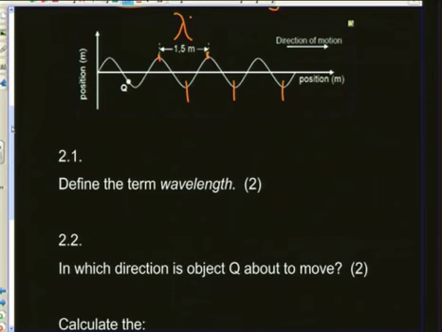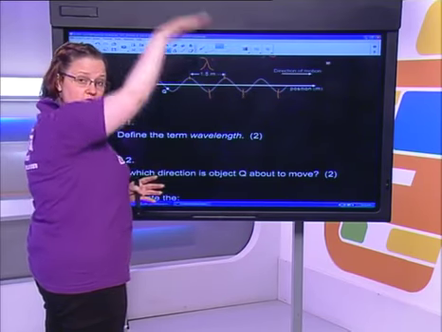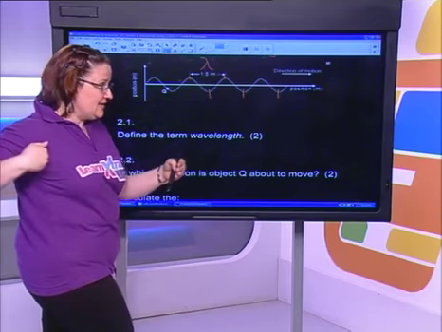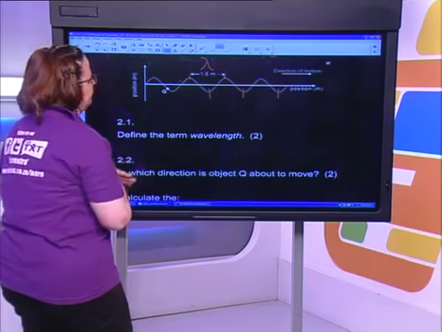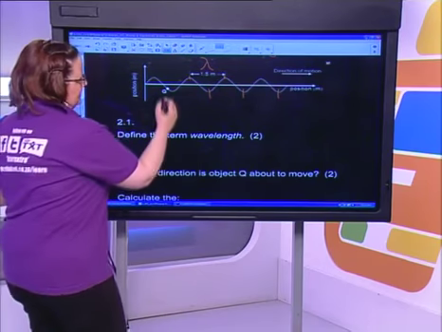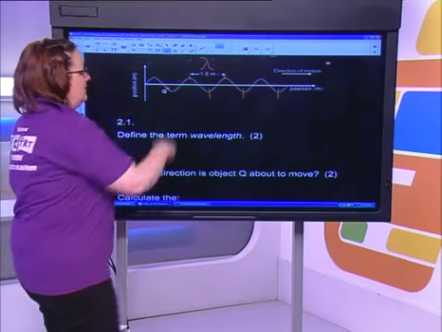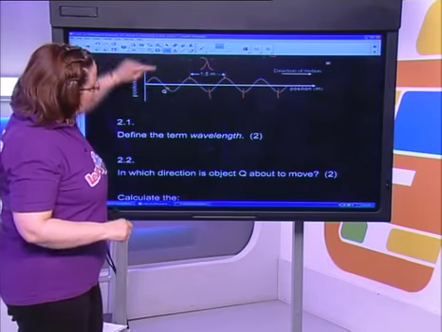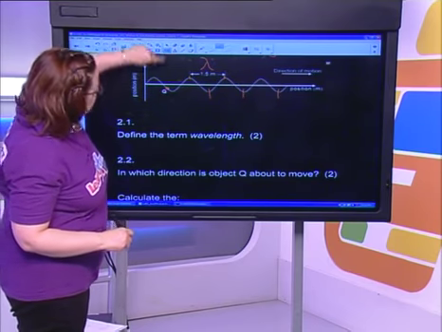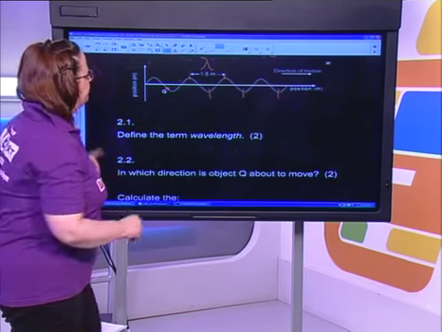Remember that with the transverse wave, the direction of motion is perpendicular to the motion of the particles. Okay? So the energy moves this way, horizontally, but the particles move up and down. So what you need to recognize about Q is that it is not going to bob along the string. Q simply goes up and down as the string moves.